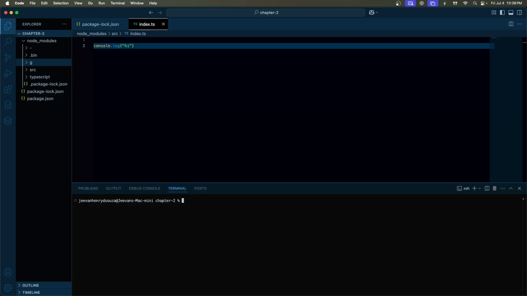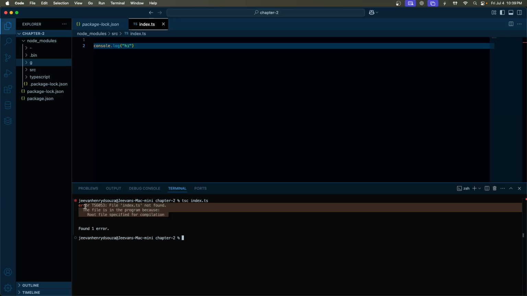So first is compilation, right? Because remember, we need to compile a TS file, and automatically when you compile it, a JS file should be created. So let's call the compiler. This is tsc index. The moment you run this,